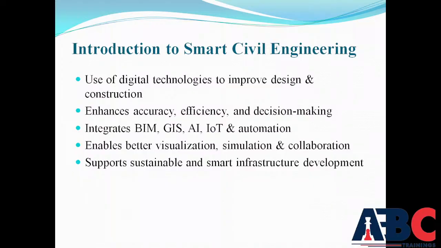So overall, smart civil engineering supports the development of smart and sustainable infrastructure, which means better resource utilization, which reduces our waste, which lowers our environmental impact and helps in building infrastructure that adapts to future needs. For the future there is a need for sustainable structures, so we can do this by these methods. And after that, it is a data-driven technology that enables processes to be done very quickly, with quality, safely, productively, and with sustainability in civil engineering sectors. So that is the kind of thing we get from smart civil engineering.